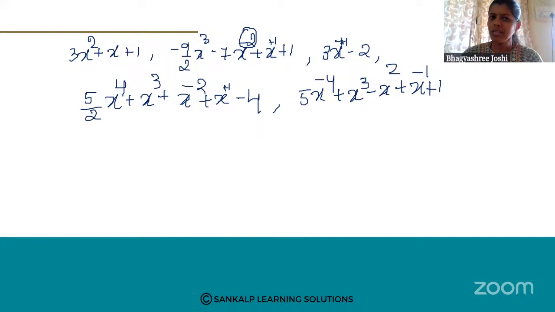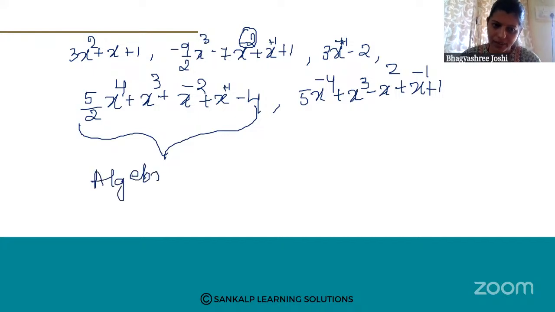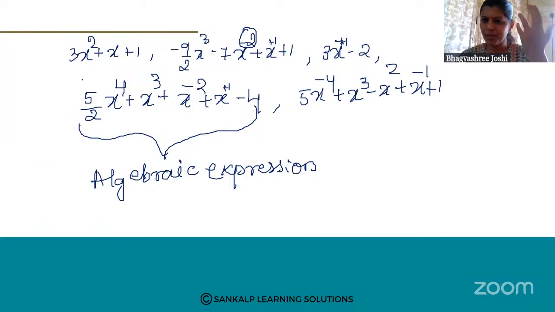So if the terms, that means it is one term, or you can say it is an algebraic expression. What do we call it? Algebraic expressions. So in algebraic expressions, the variable power may be positive or negative, means it contains all types of exponents. But what is the difference between algebraic expressions and polynomials? In case of polynomials,